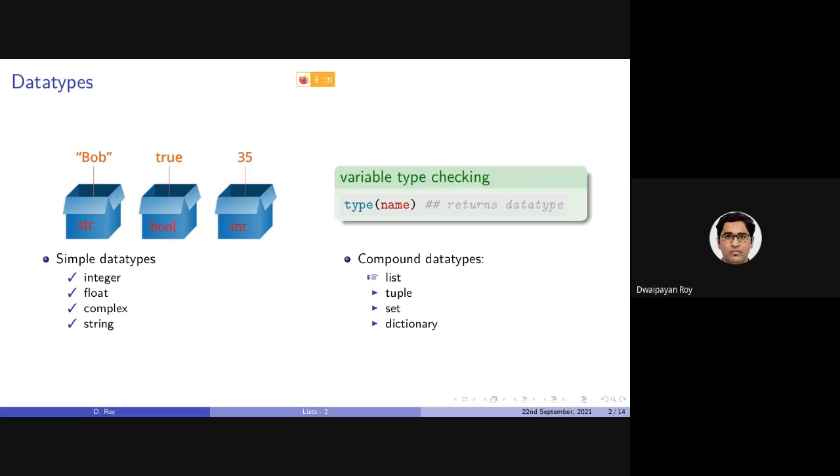Okay, so we started our discussion on list in the last class. As we have discussed, list is a compound data type. Earlier, we discussed simple data types, that is integer, float, complex, which are all numerical literals. Together with that, we completed our discussion on string, which is again a sequence data type. And there is a similarity between strings and lists that we started our discussion on in the last class.